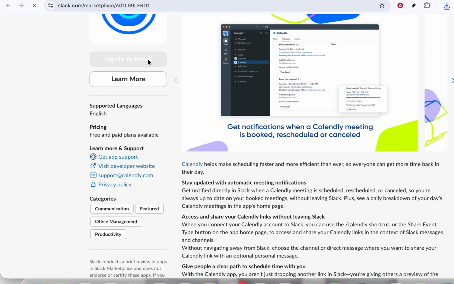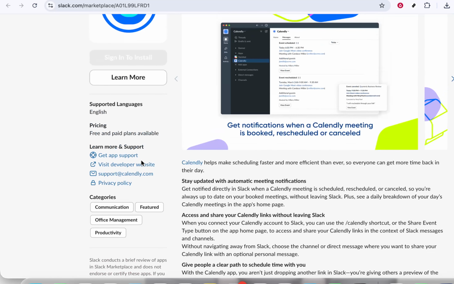From here, you'll need to follow the on-screen prompts. These steps may vary slightly depending on your Slack workspace permissions, but the general flow is the same. You'll be redirected to Slack's authorization page, where you may be asked to sign into your Slack workspace if you're not already logged in. Once you're in Slack's authorization window, you'll see a list of permissions that Calendly is requesting,